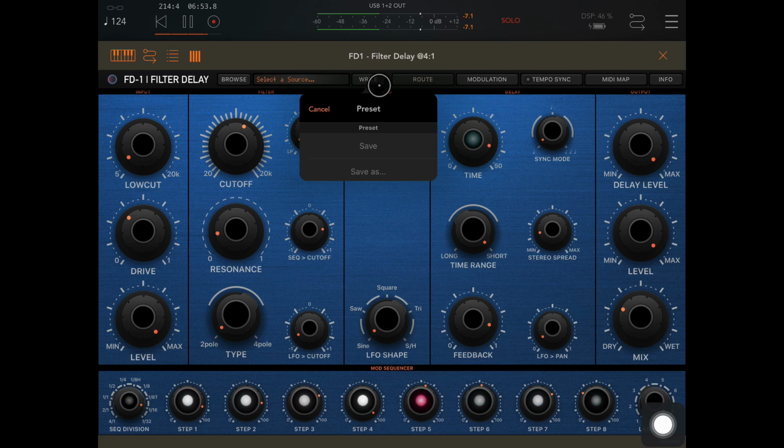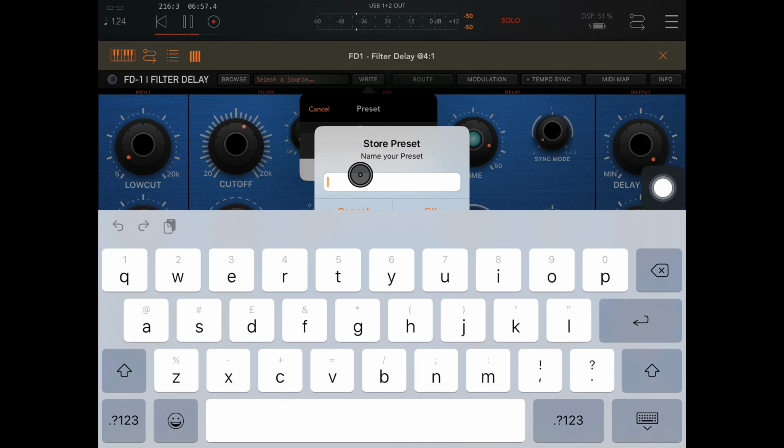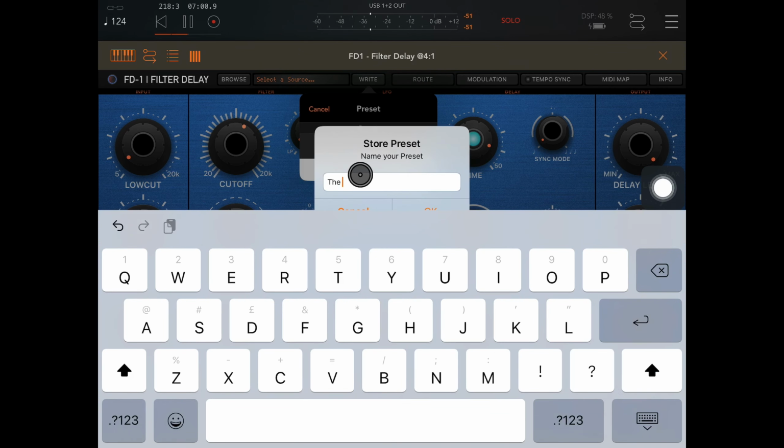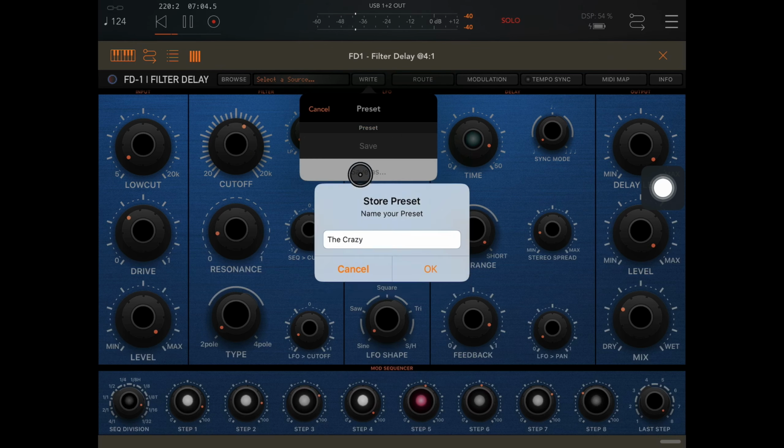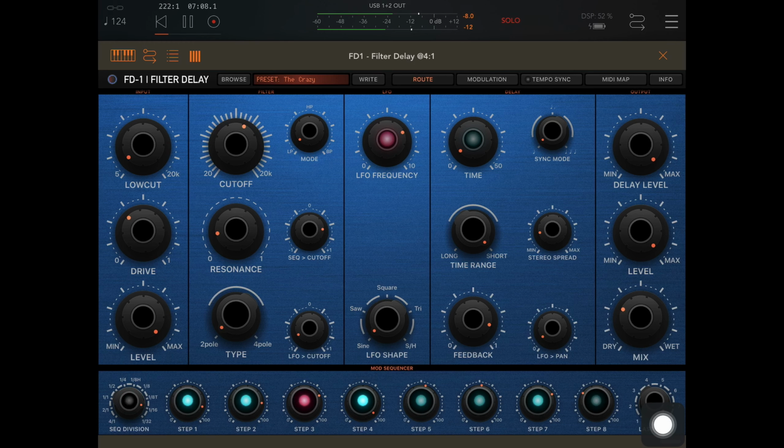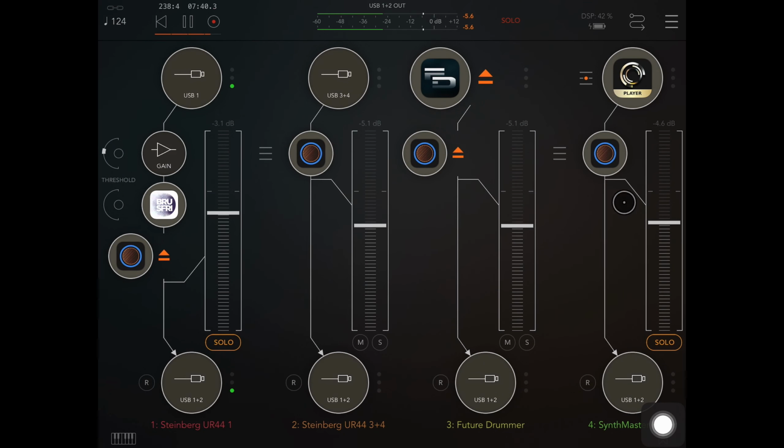Quite nice. I could write that and save that as, we call this the crazy, because it's a bit loony. Very nice. You have tempo sync. Now that syncs to the tempo of AUM. So you really can get some very, very cool effects going on